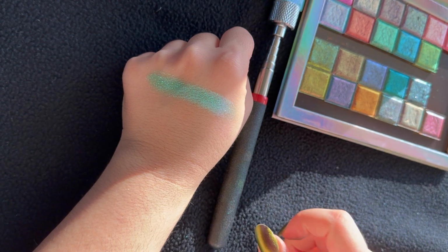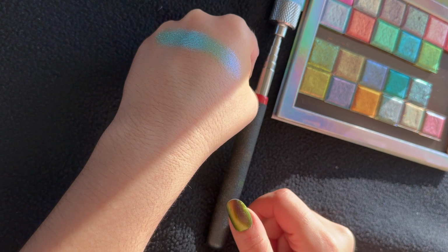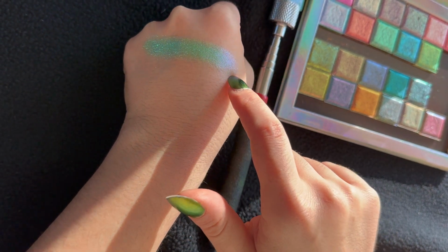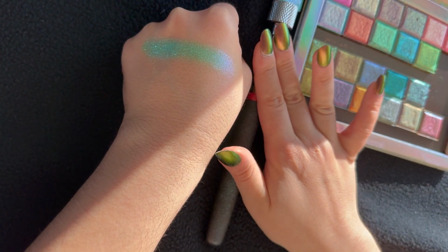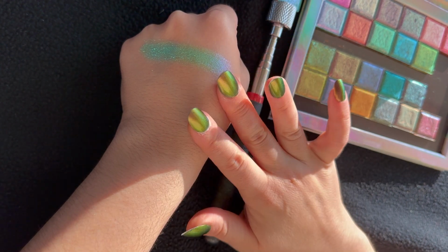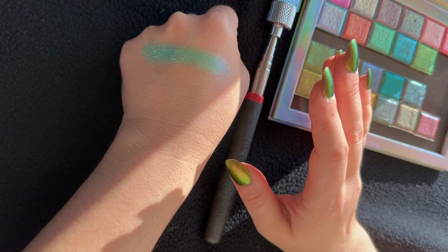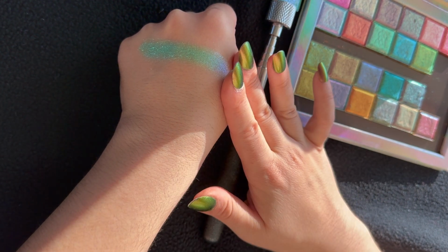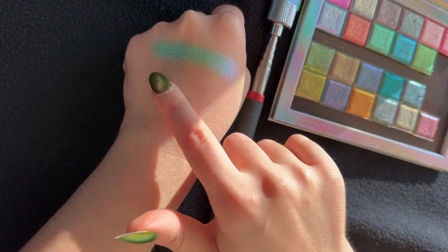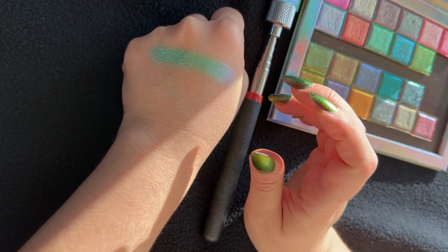I moved things a little bit so that I can show you the color also in the shade. So more or less the same effect. I see sort of glitteriness again, and I feel like I'm saying this in every swatch video. There is no crunchy glitter that is unsafe for the eye, and I don't know of any Clionadh shade that has actual glitter in it. Even if they have glitter in the name, they're eye safe. They're pretty smooth, and they might have tiny speckles and particles, but not actual crunchy glitter